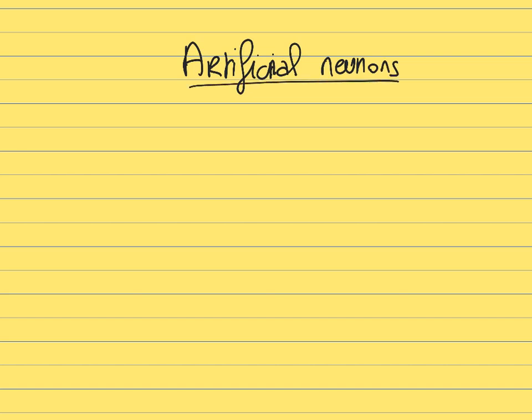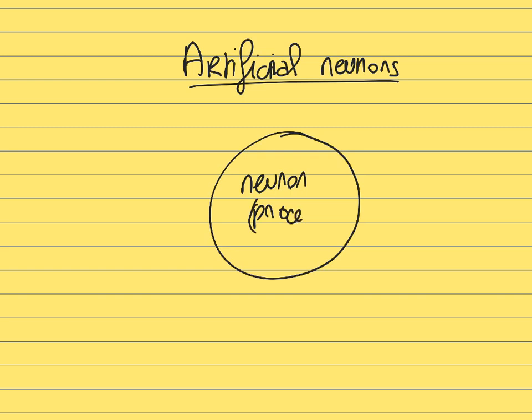So if we look in a little more detail, if we zoom in on a given neuron, in the case of an artificial neural network we would call them artificial neurons to distinguish them from real neurons. And if you look at a given neuron in the hidden layer, the way it works is that each neuron is going to be a small processing unit. It's going to do some mathematical operation. It's going to take some inputs, which are going to be the inputs from the previous layer, the previous neurons.